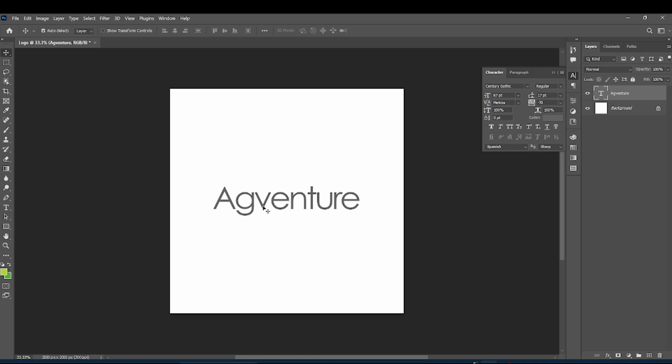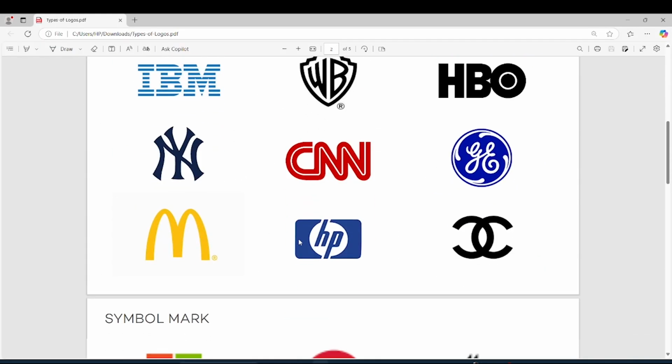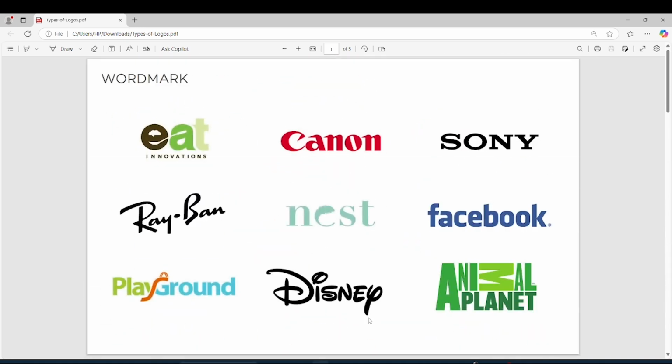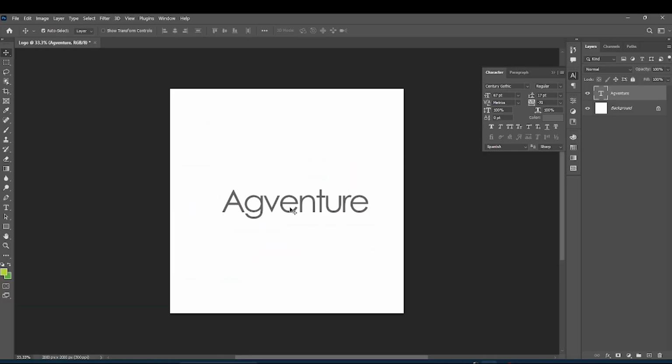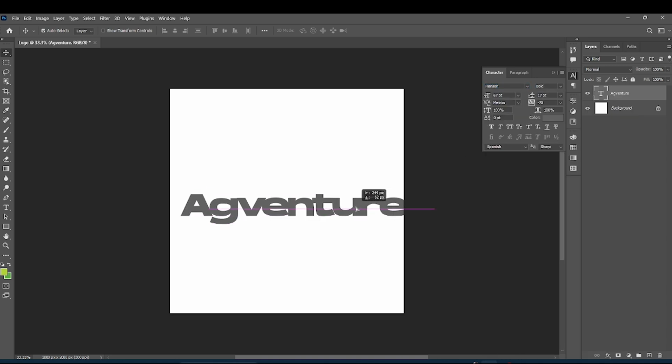Now you decide the font. Now remember, what I'm designing is a Wordmark. Don't forget, I'm not designing this, I'm designing a Wordmark. So I have to use the word adventure. So what font will I use for this? Now you want to use a font that is readable, obviously. So you can use a font that is just normal. This is a font, this is Ansin,